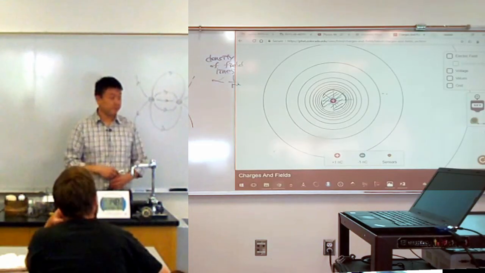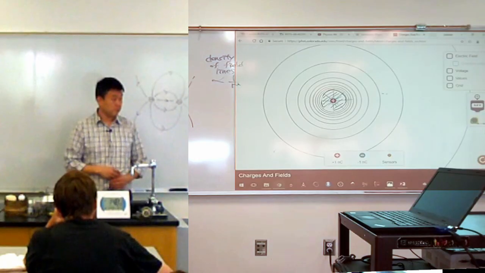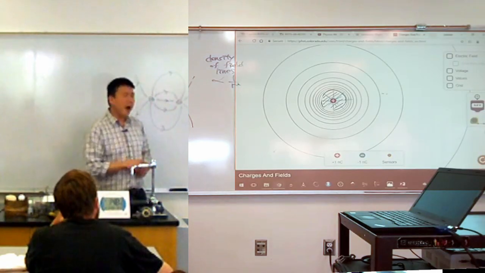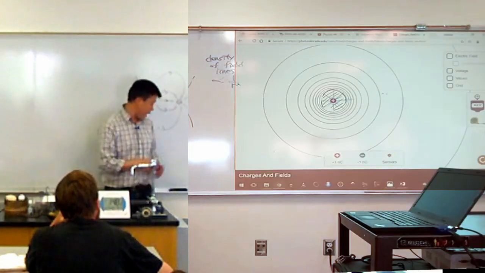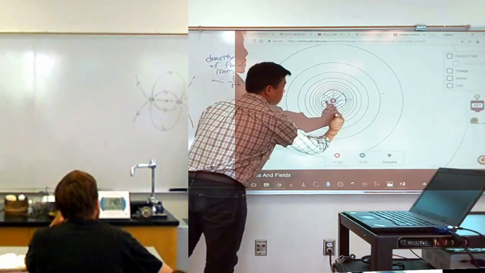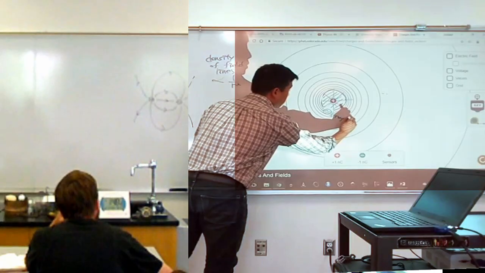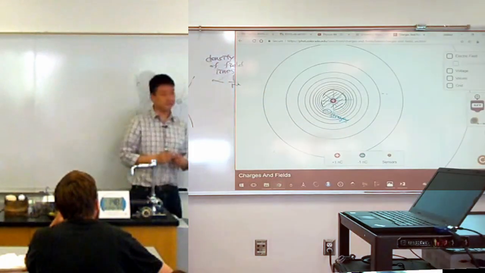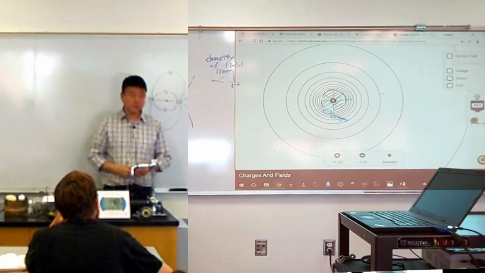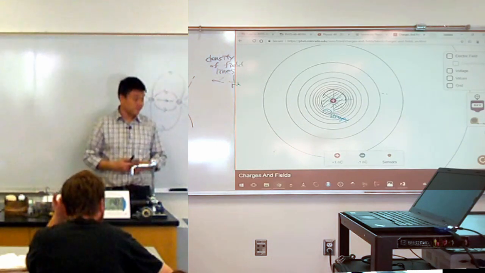Well, I would say it's the strongest where it's the densest. Where it's densest, why? So that is the correct answer. Where it's denser, the electric field is stronger. But why? It's the correct intuition, but